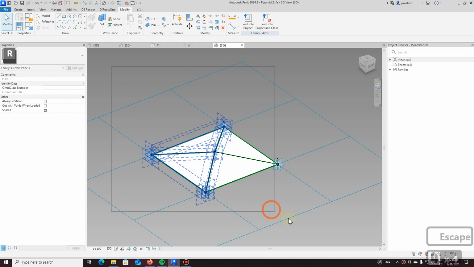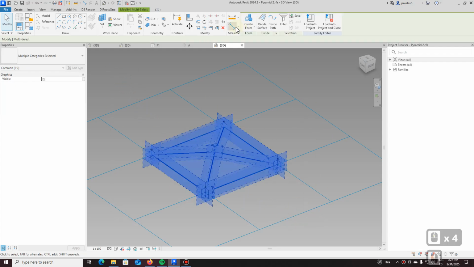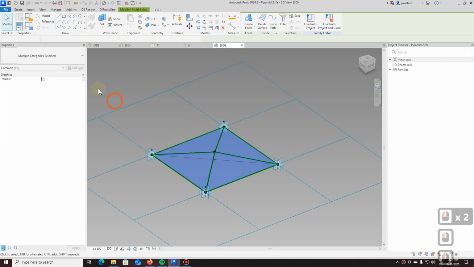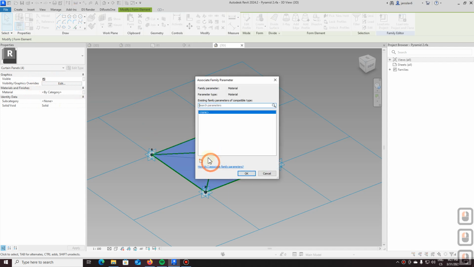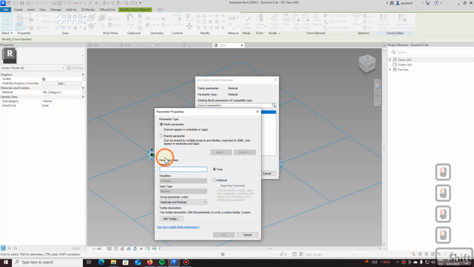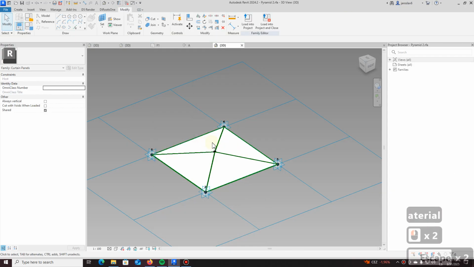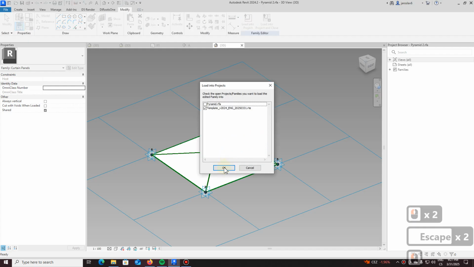I can select the plane, so I can change the material. So I select everything, I filter it, select for example carton panels, and I assign a material. So I create a new material, let's say material, so we'll be able to change the material. So I load it into project,